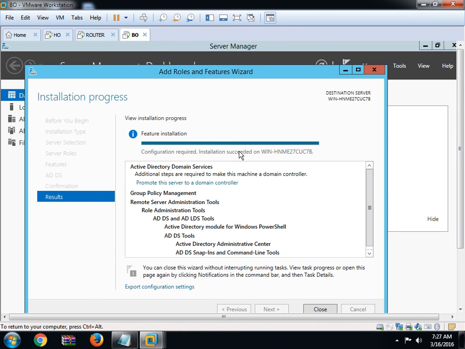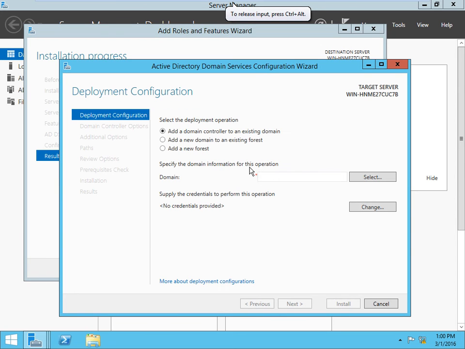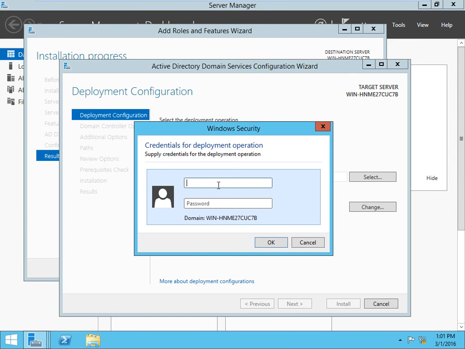Now move back to the branch office, full screen. Promote this server as a domain controller. Give kabul.com, change the credential, kabul.com/administrator. Okay.